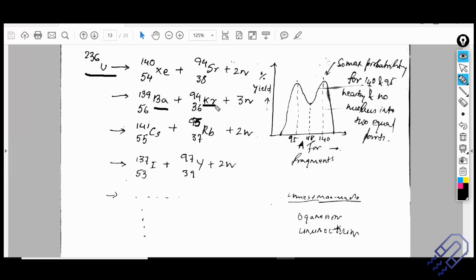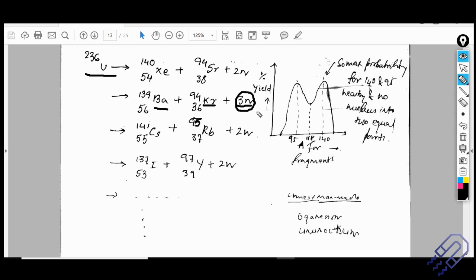Whenever we look into a nuclear reactor, we say that most of the time we observe barium and krypton, and three neutrons coming out of it. In a nuclear reactor, we need to control these three neutrons so that the reaction stays within control. Otherwise there might be a nuclear explosion, which is also possible.